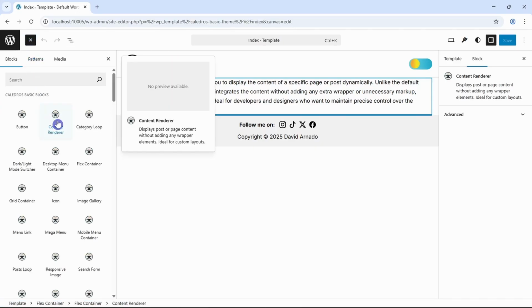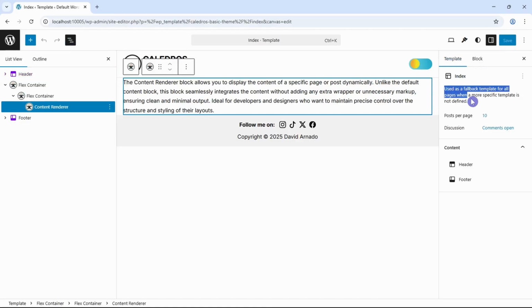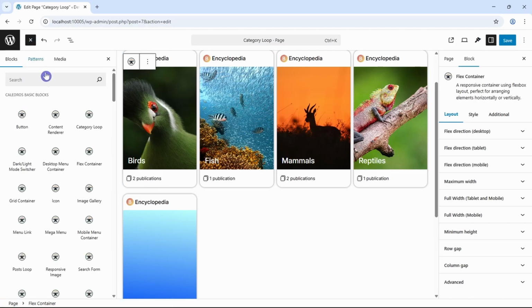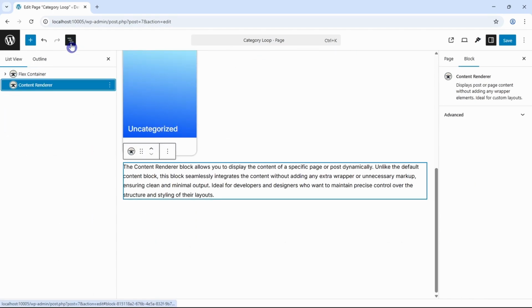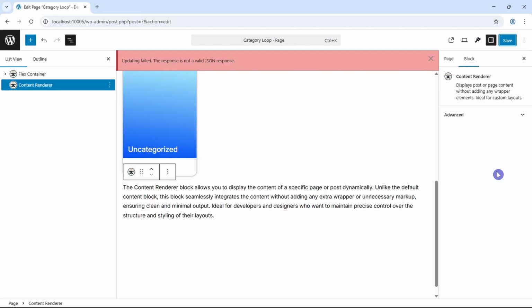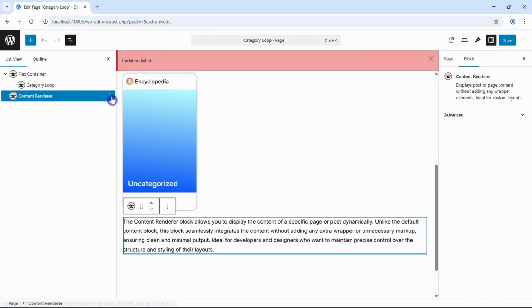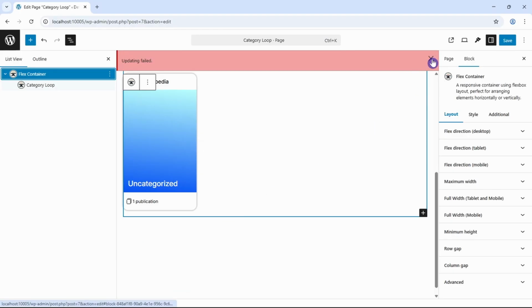Even though the Content Renderer block appears in the Gutenberg editor of pages and posts, it should only be used in templates. If we try to use this block in a page or post, we will get an error while trying to save it, so doing this is not recommended. If we add this block by mistake to a page or post, we must remove it and then save the